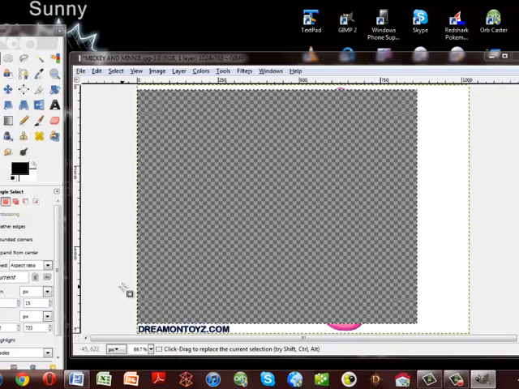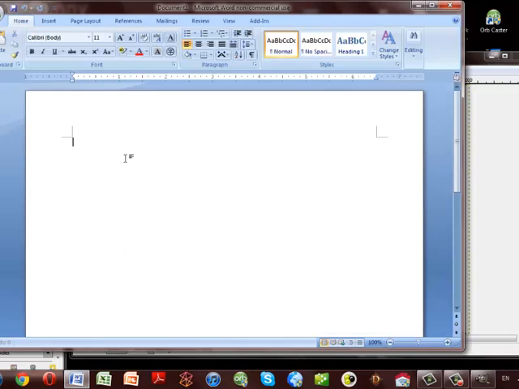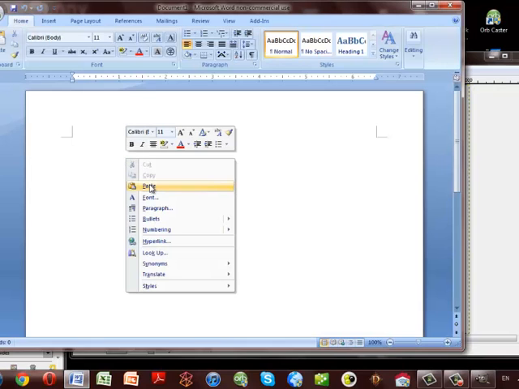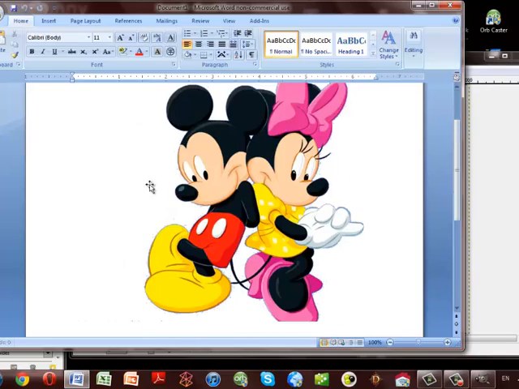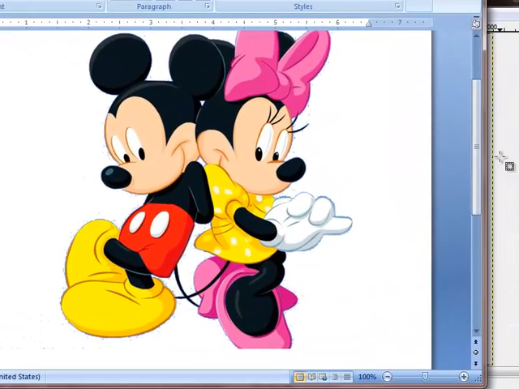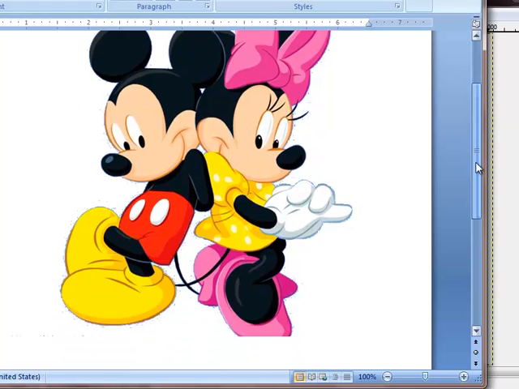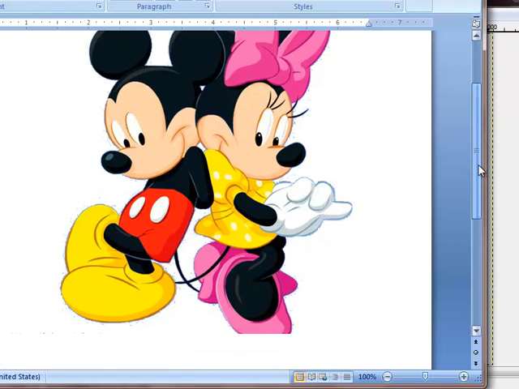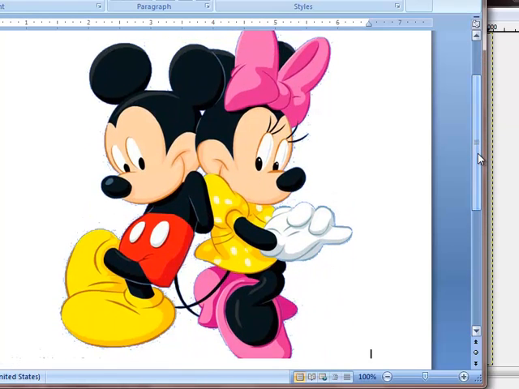So let's go ahead and test this out. I just opened up Word, select paste, and as you can see, there's my picture of Mickey and Minnie all ready to go. Alright,